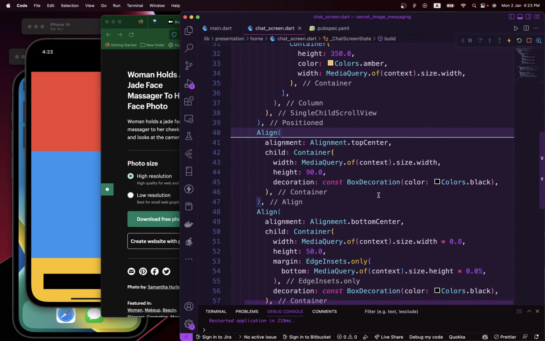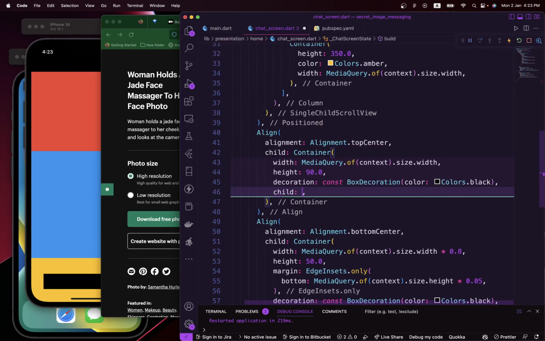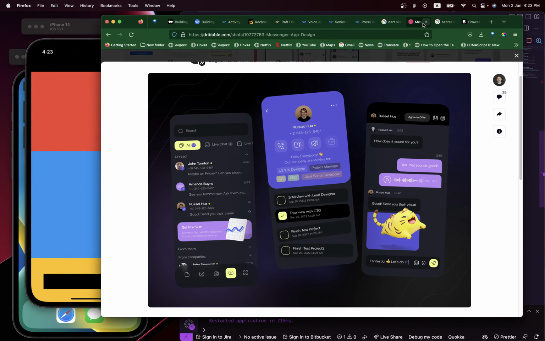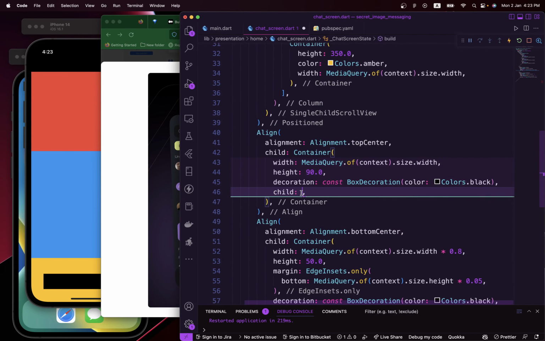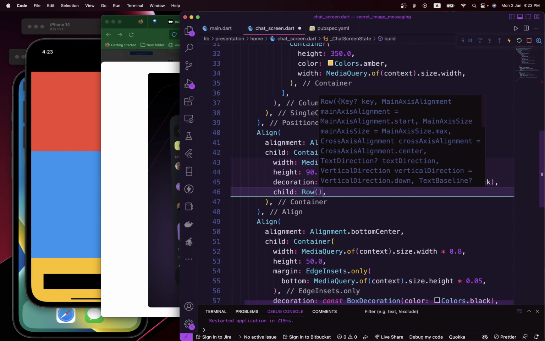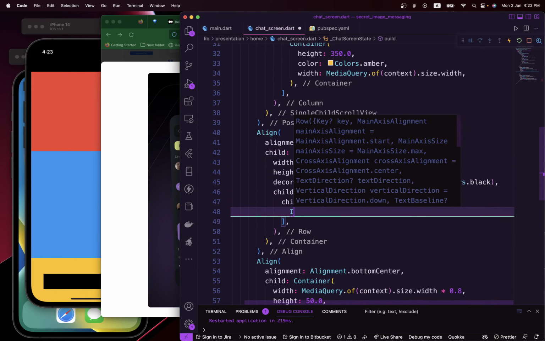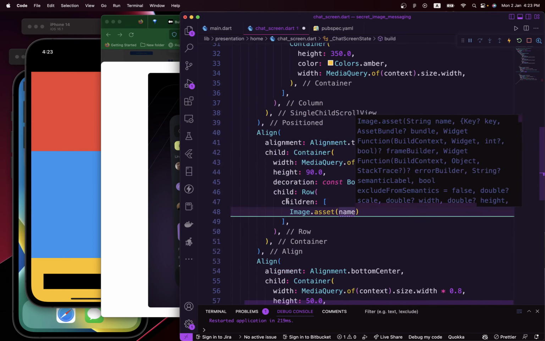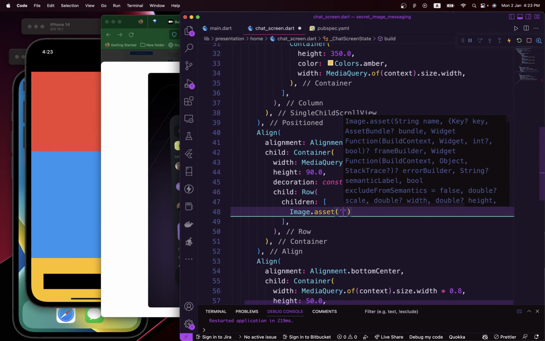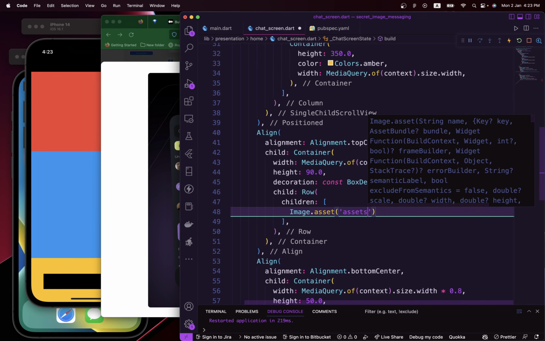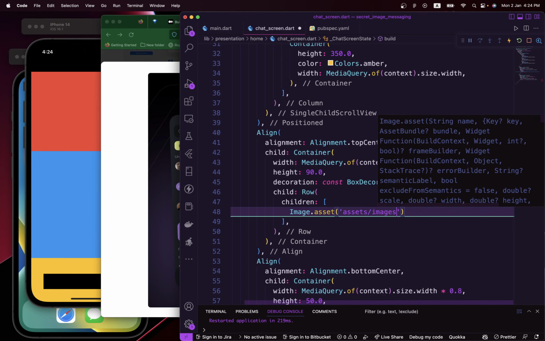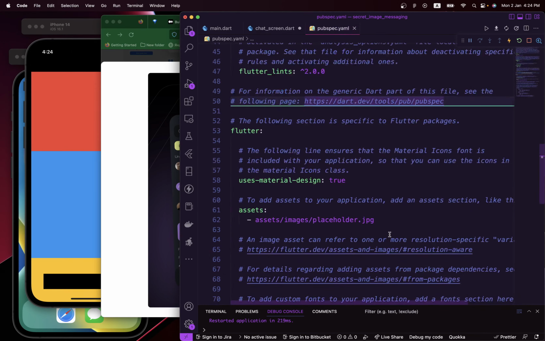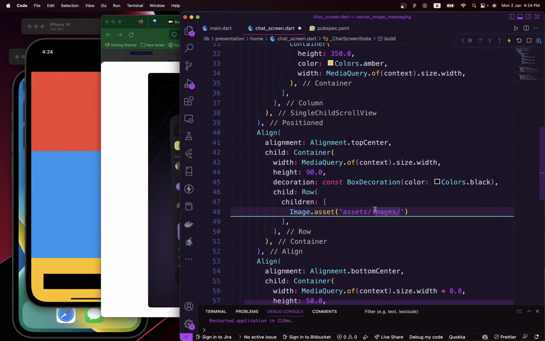So this section is the one we are going to add the image in. It should have a row also, because this is in a horizontal row. So I'm going to add a row widget. It's going to have children, and it's going to have an Image.asset. So we use Image.asset to get access to images in our assets. And I'm going to say assets slash images slash, and our image name is this. I just copy the whole location and just put it right in here,